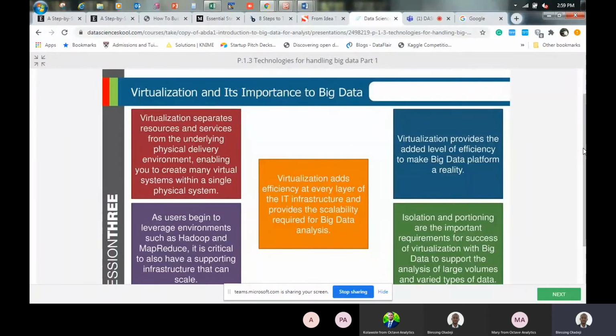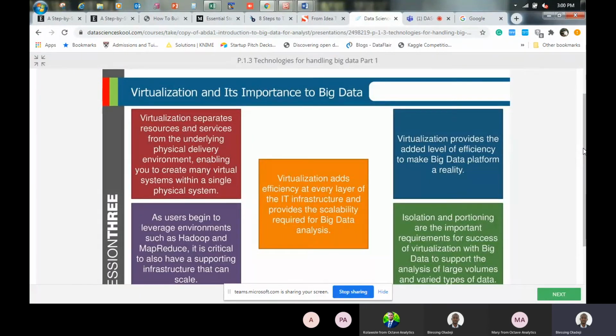So this helps, the idea is also to solve the big data problem, because when we need to work with a lot of data, we need a lot of memory and a lot of space. So the big data challenge typically requires management of large volume of data that are distributed within different storage. So what virtualization provides adds another level of efficiency to make big data execution a reality, and to reduce some kind of latency that could come with managing big data.